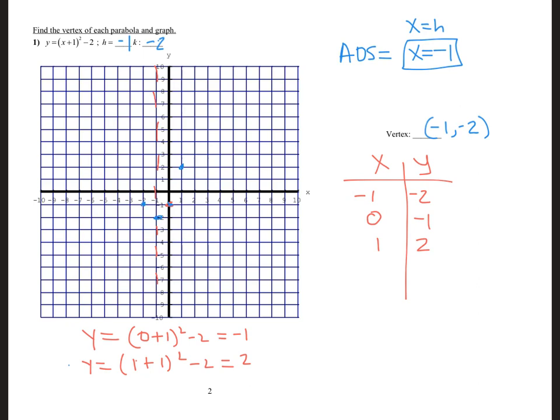So that's the other point on the other side. 1, 2, 1, 2. Okay, and let's just get another point. Let's plug in 2. So what do we get? So we get